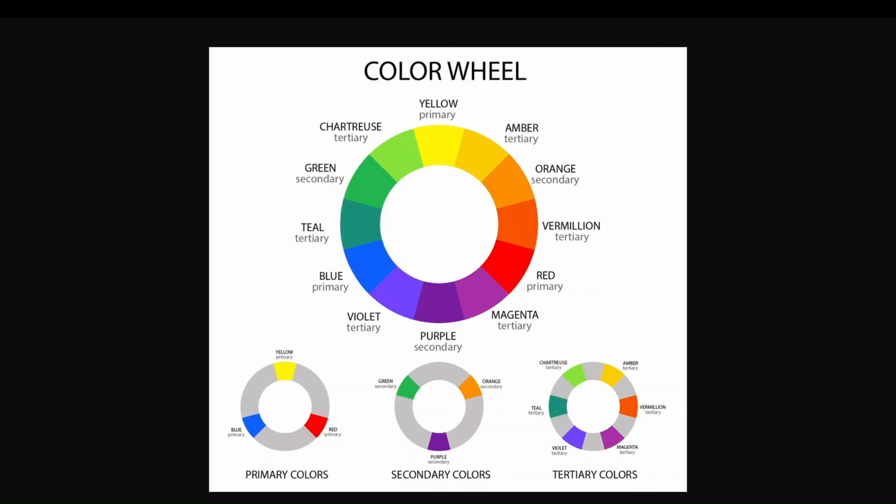Why color theory is important has to do with psychology. So each color can be used to convey different meanings and provoke different emotions. While some of this can be subjective and change from person to person, there are some common color portrayals and examples as well. So for example, white